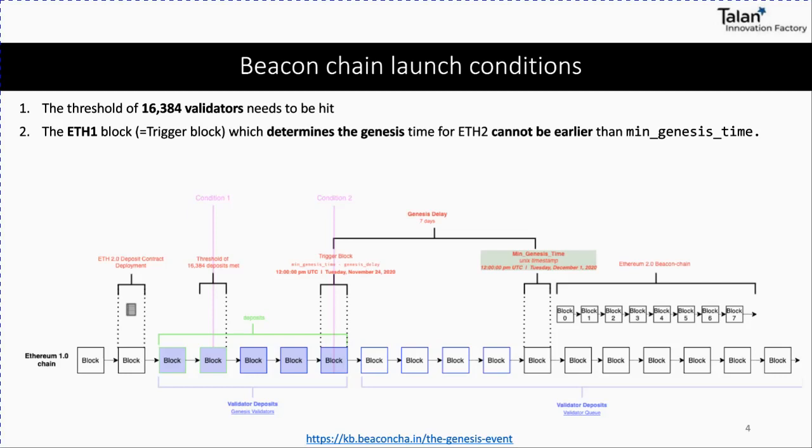Let's say that in this block, we deployed the deposit smart contract. Now everyone interested in becoming a validator can send or stake Ether. Once this step is done, everyone is going to send their Ether, and we expect to reach the target of 16,000, and this is the first step. And as this happens, we also have the time target, after which we expect the launch or official start of the blockchain.